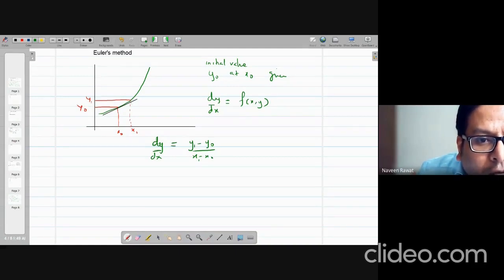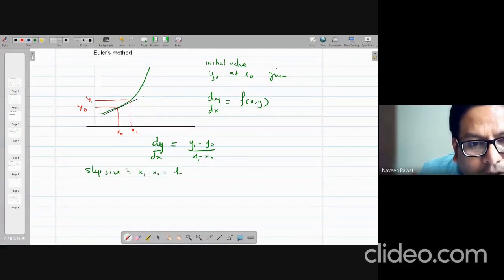However, if I choose a double step size, it will go somewhere here, and now I'm getting much more error between the actual function and the actual value. So the step size is very important. The step size, which is nothing but x1 minus x0, usually written as h, is very important in controlling the error when you are trying to replicate this green function using Euler's method, using this relationship.